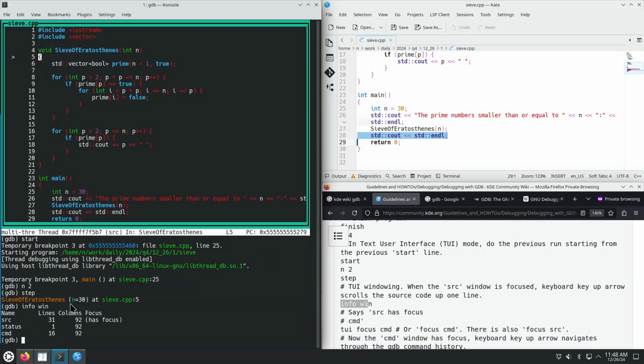So a problem when we enter text user interface mode is that the focused window is the SRC window, which means that pressing the up arrow key doesn't do what I expect, which is to go through the history inside the GDB CMD window. Instead, because the focus is on the SRC, not on the CMD window, it will scroll the source code